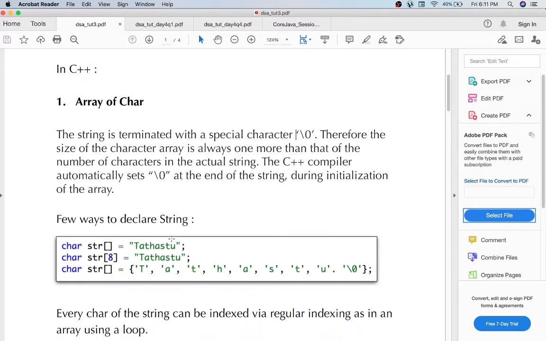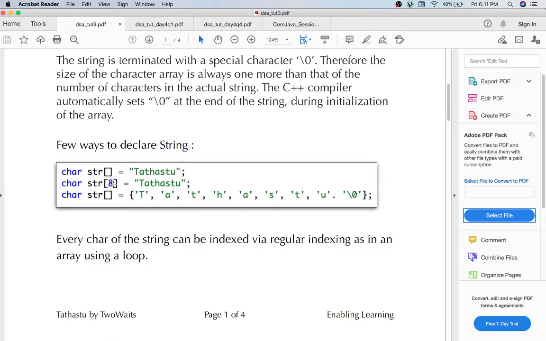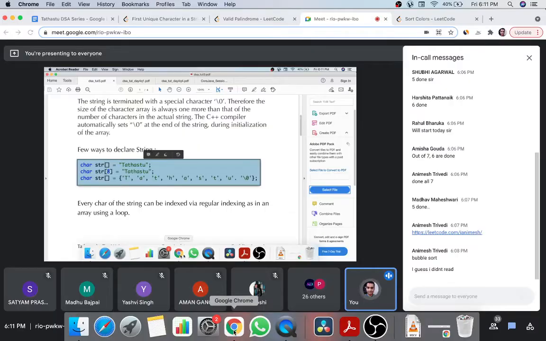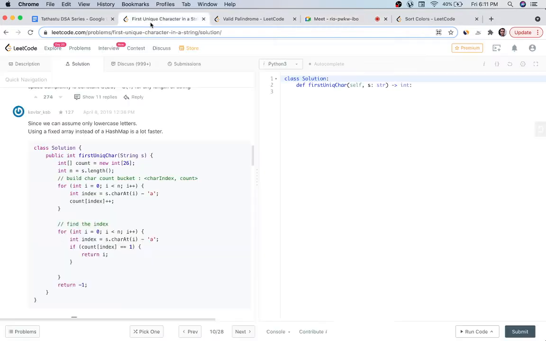So in C++, how do you define a string? You define the data type as char, a string as an array of chars. Not vector, one second. We will be taking the STL class. String is an STL class which is not there in basic C++. It is only provided in the STL part of C++.